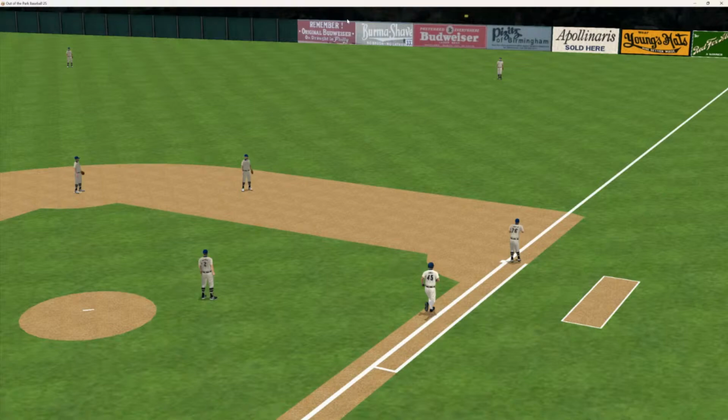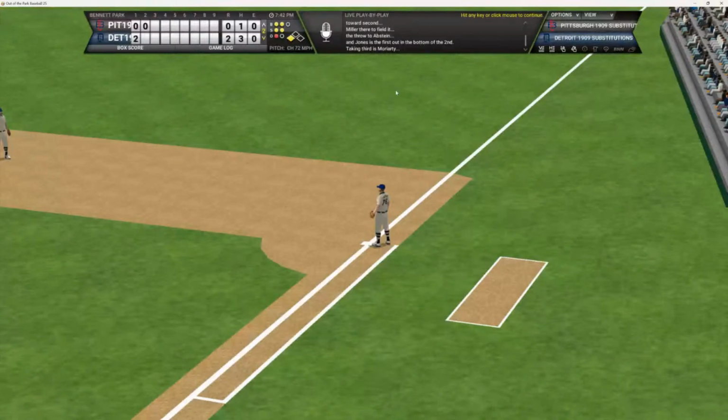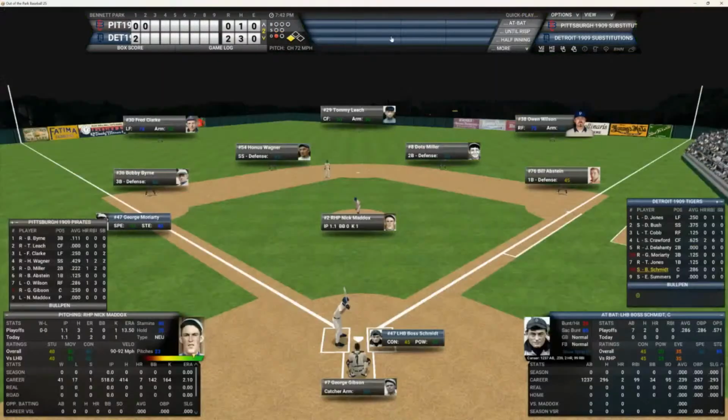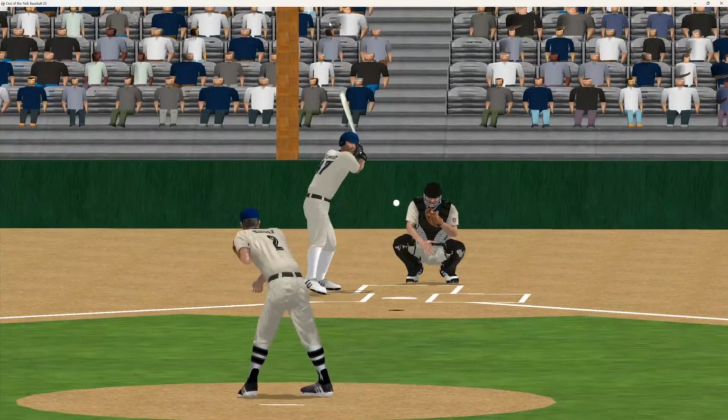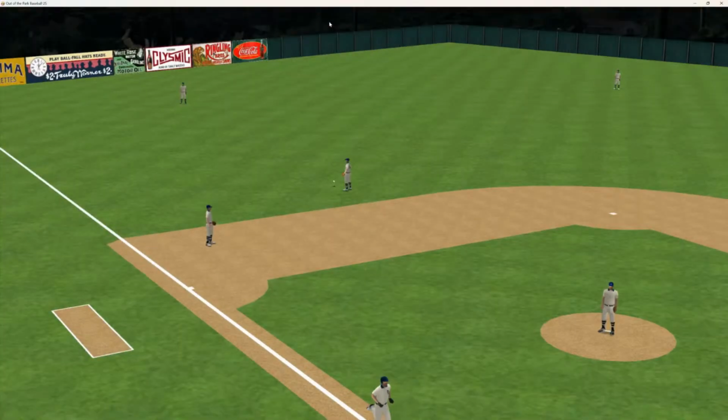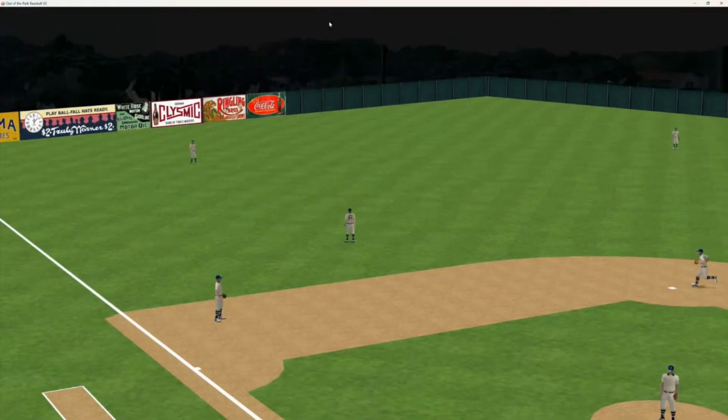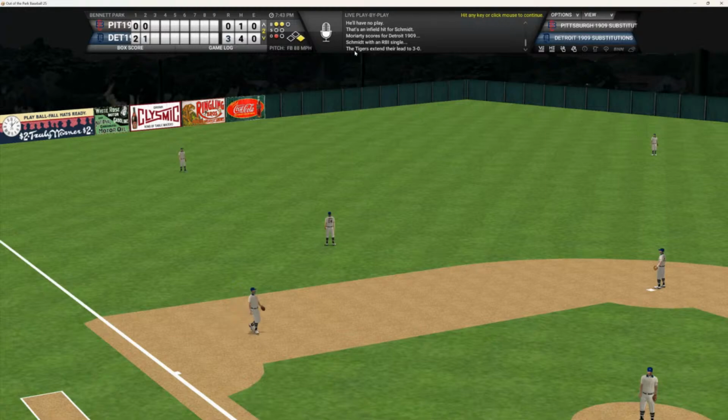Will the Pirates bring the infield in is the question. And they won't. They're going to give up the run for an out. That brings up Bill Smith batting .286 in the World Series. He does have a stolen base. Here's the 2-0 pitch to the Boss. That's going to be a base hit. It's knocked down out there by Honus Wagner, but unable to come up with it to make the throw. And the Tigers take a 3-0 lead.